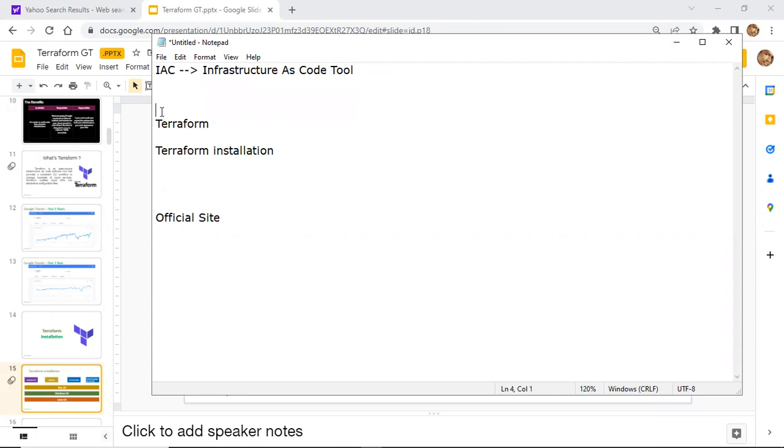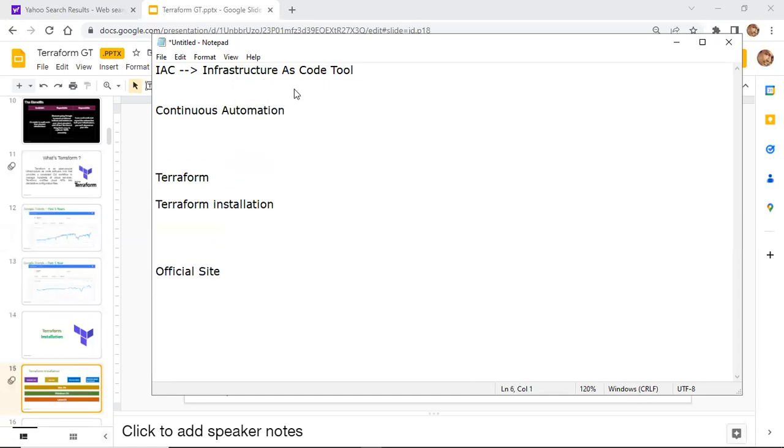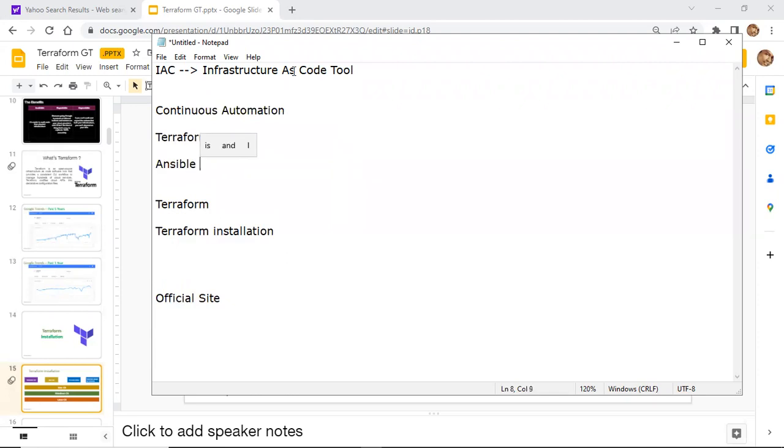Terraform comes under the category of continuous automation. In the category, we have two tools. One is Terraform, and the other one is Ansible.